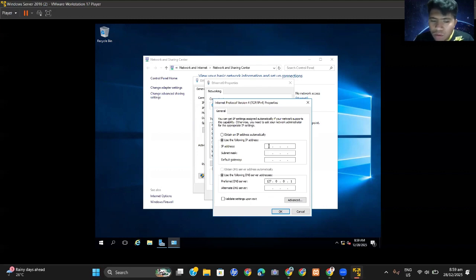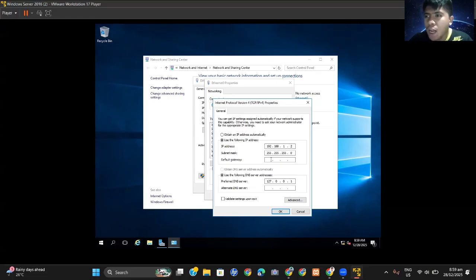So we need to type the 192.168.1.2. Then the subnet mask automatically connects. But here in the default gateway, you can optionally add it here.